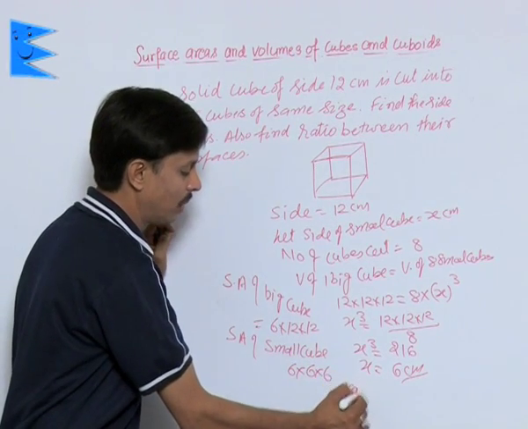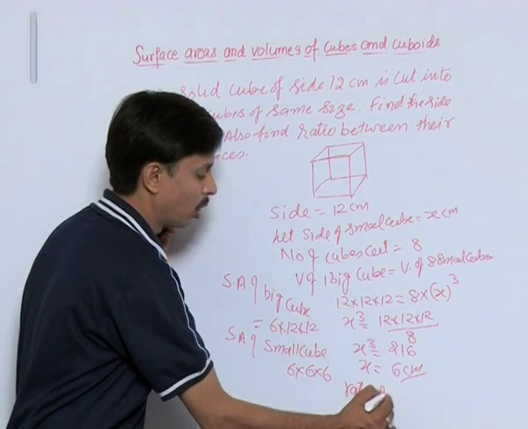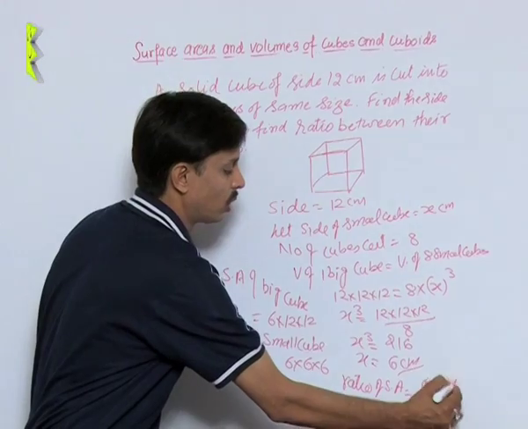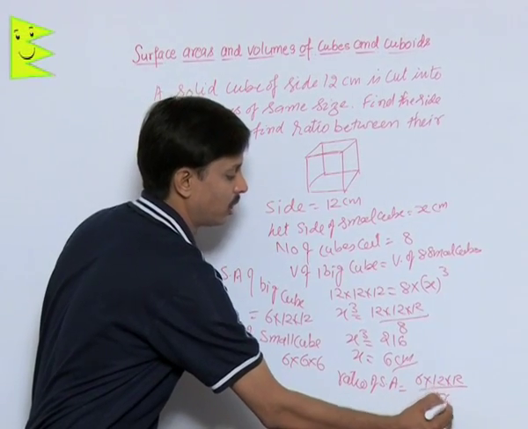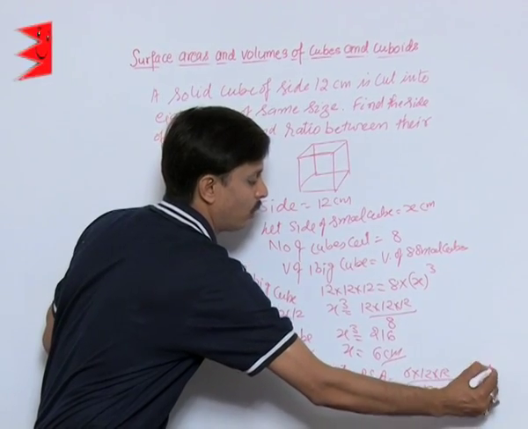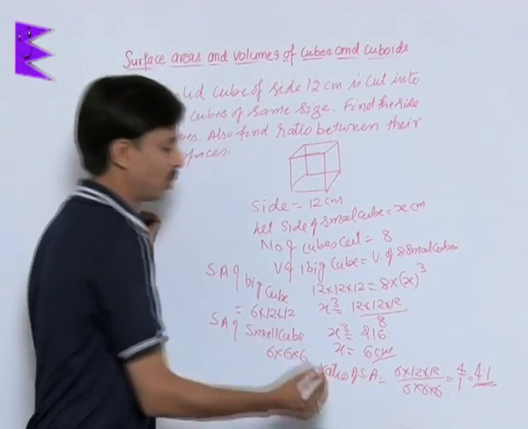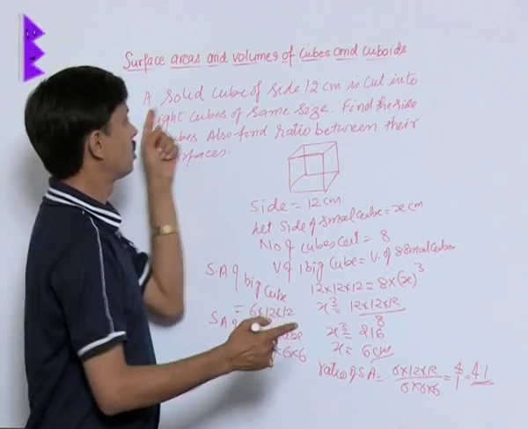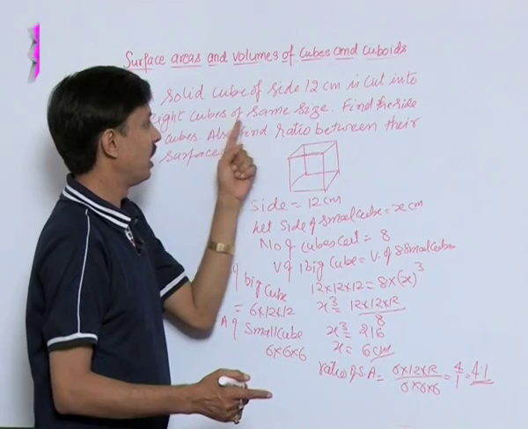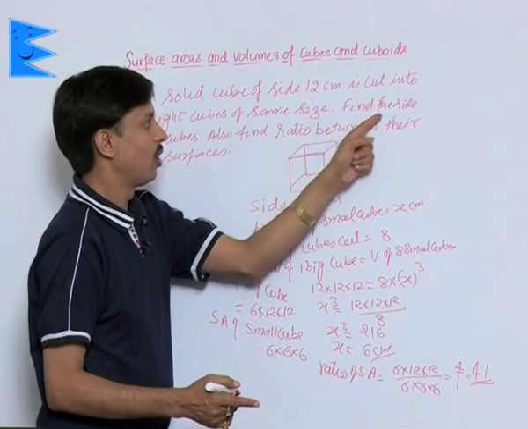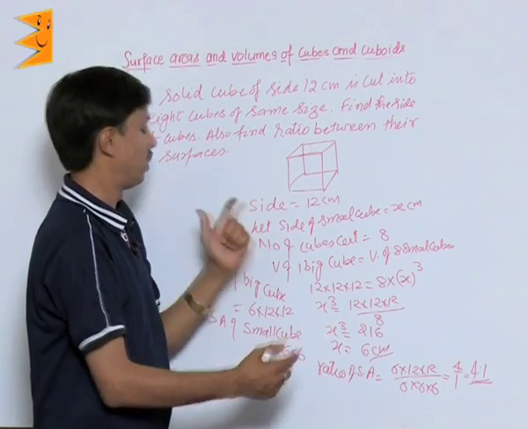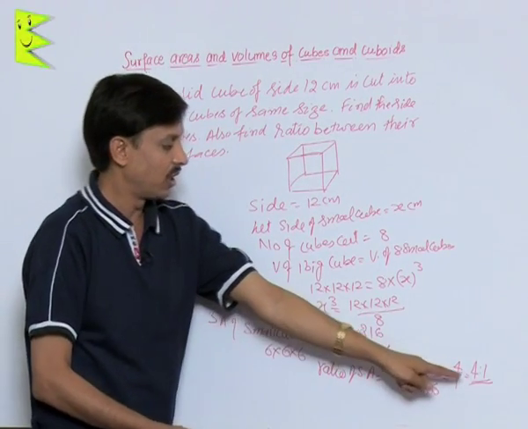So the ratio of surface areas will be 6 into 12 into 12 upon 6 into 6 into 6, that is 4 upon 1, or we can say it is 4:1. Hence, a solid cube of side 12 centimeter, when it is cut into 8 small cubes of the same size, the side of each small cube is 6, and the ratio between their surface areas is